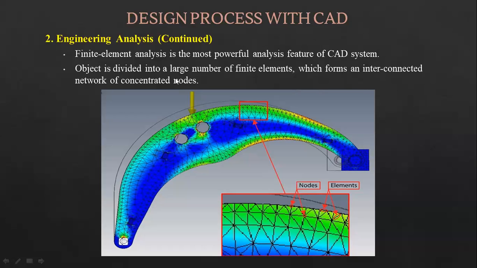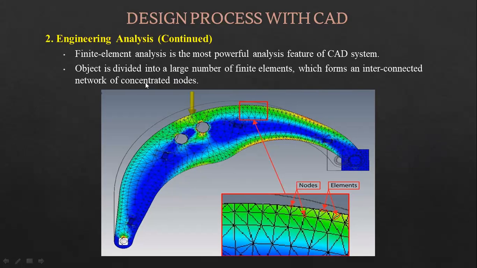FEA is used to predict how a product reacts to physical effects. Basically, how it reacts to the different loads that we put, or the conditions that we have kept. How does it react, right? The output may vary. You may want to see stress, or you may want to see temperatures. But we'll see the behavior of it. We'll try to predict the behavior.